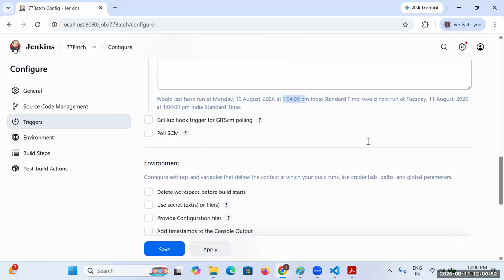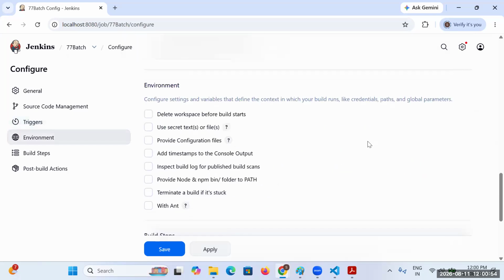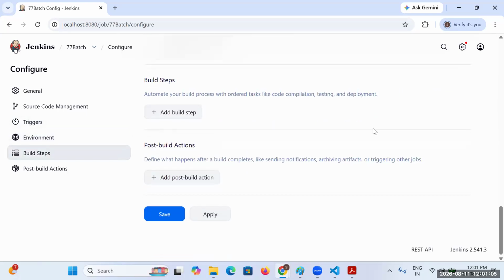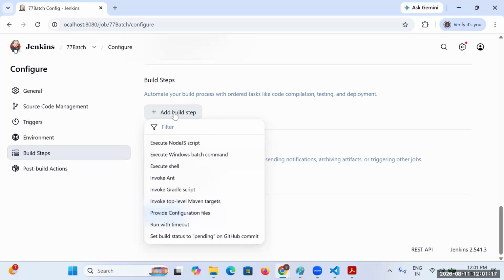All the programs you are executing from VS Code, I mean, by using commands, you need to provide those commands. How you will provide the commands is by using the build step. I will be using add build step.